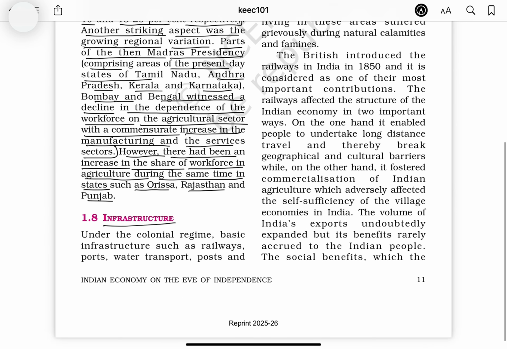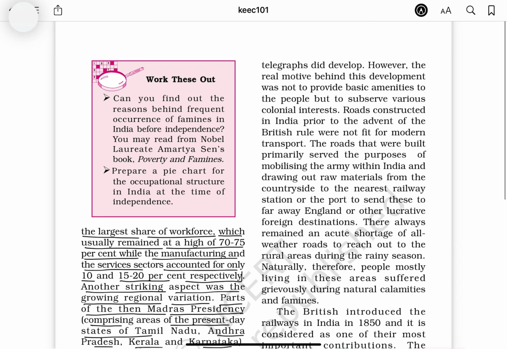Infrastructure under the colonial regime. Basic infrastructure such as railways, ports, water transport, post, and telegraphs did develop. However, the real motive behind this development was not to provide basic amenities to the people but to subserve various colonial interests. Roads